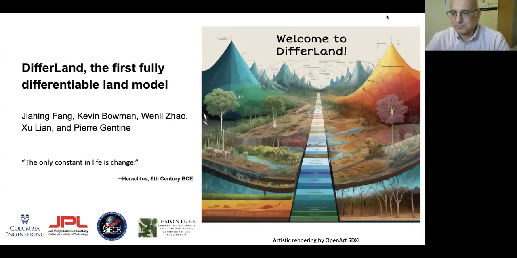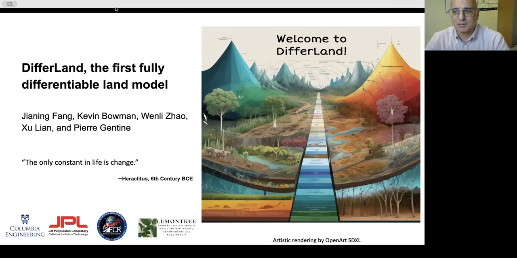And today, investigating the complex process involved in the water, energy, and carbon cycle and how to better predict them. Our speaker today, Professor Pierre Gentine, explores research avenues combining data-driven and process-based modeling. And he will introduce a new differentiable land model, DifferLand, that tries to push the boundary for hybrid and